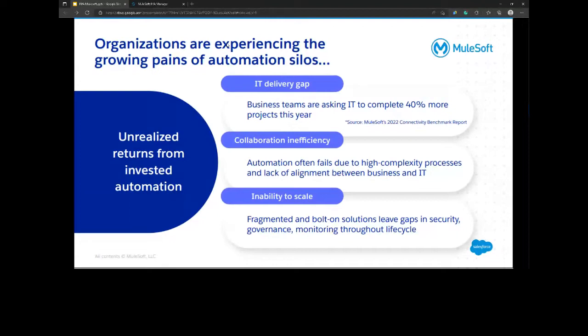Guys, am I still audible? Yes, Shiva, we can hear you. Okay. Sorry, I had a power cut, and I guess my main screen is disconnected. Anyways, so